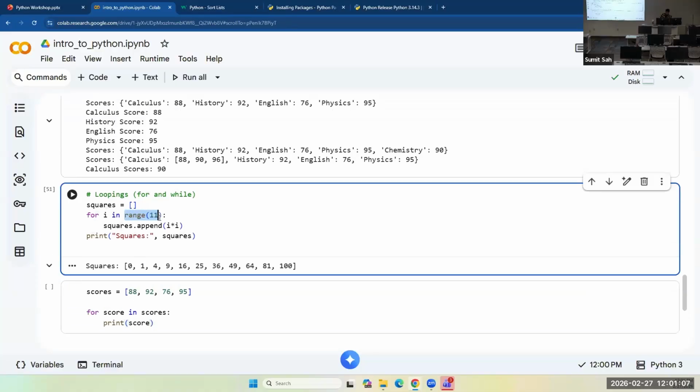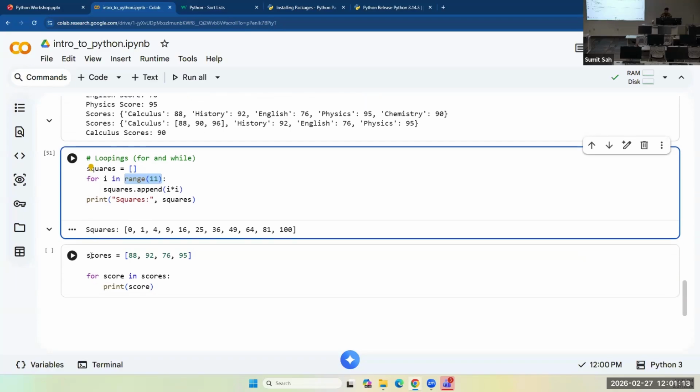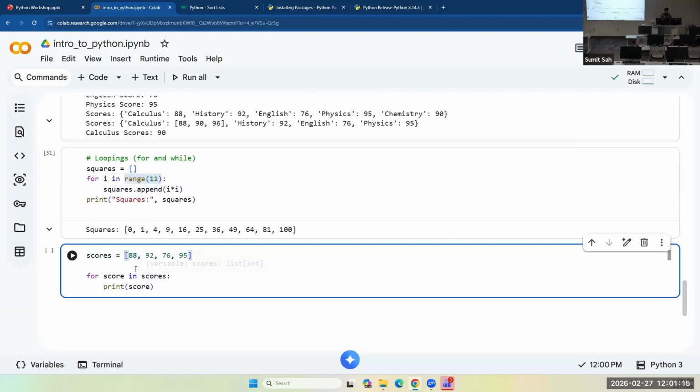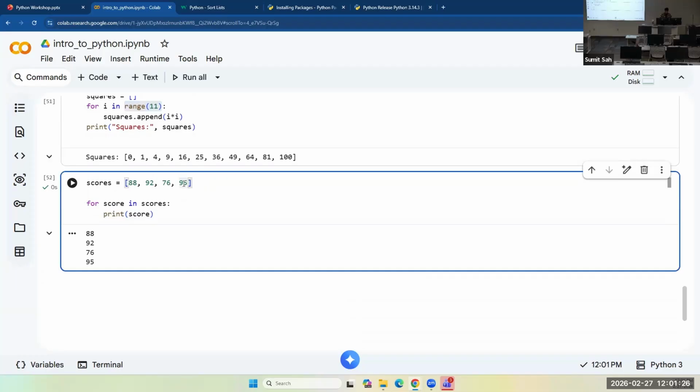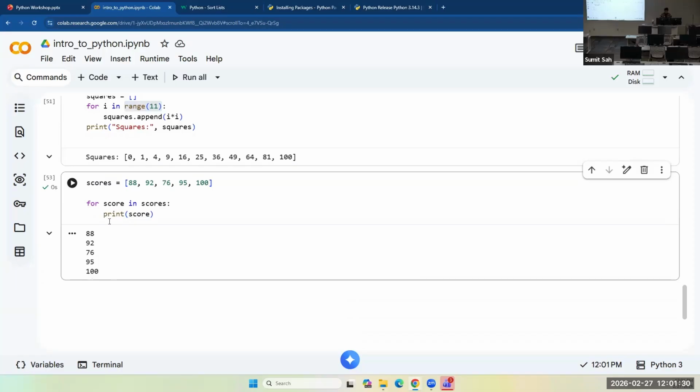Range 11 is like a list of numbers from 0 to 10. So scores is a list, and this score refers to each element in the list. If you print it out, it will print out every element, 100, and it prints out 100.